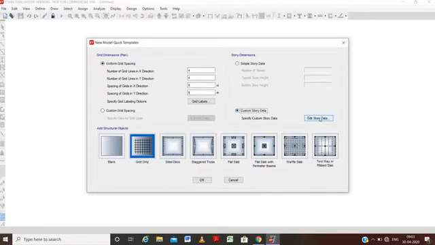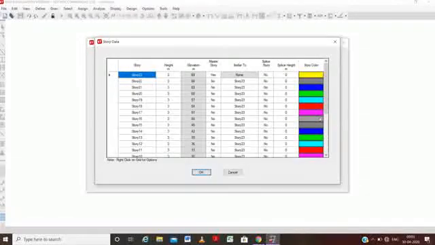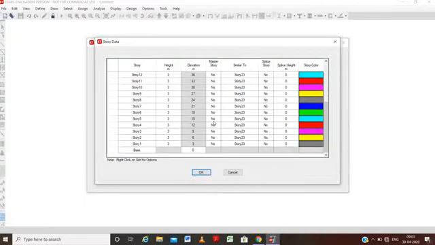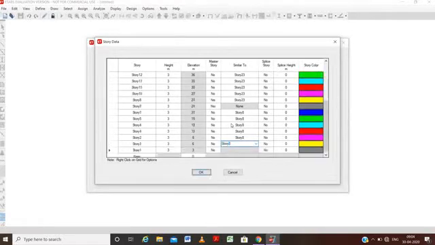Now we will customize story data so that we can edit the story data and make master stories. The master story is made so that we can use it for similar data programs. As we know that different stories have different types of plan, for this we have to make a number of master stories so that we can use the similar data. Like this, we have to use the story numbers.